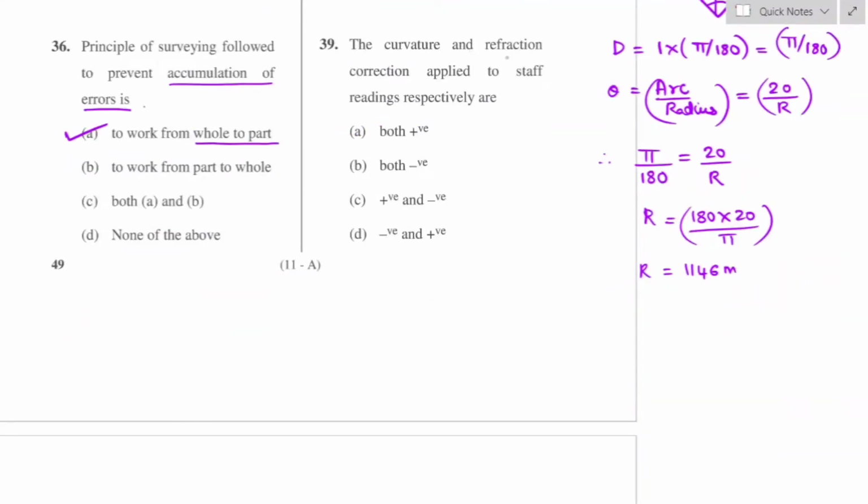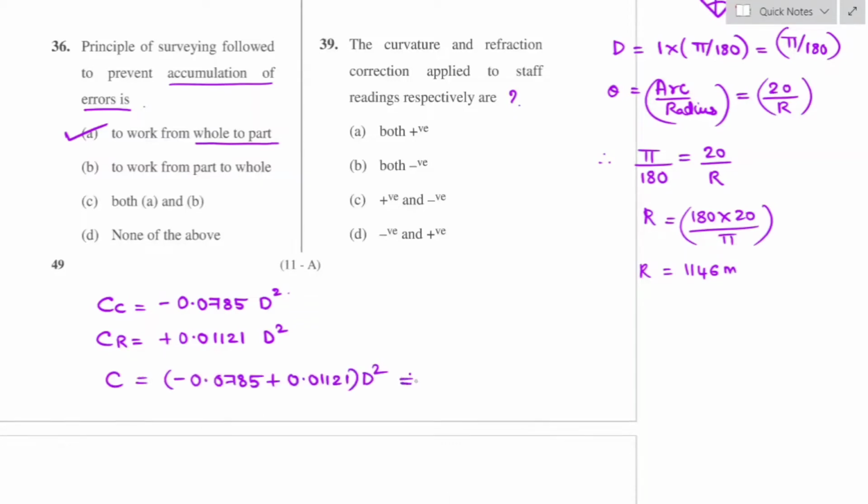Question number 39. The curvature and refraction corrections applied to the staff readings respectively are. The curvature always increases the staff reading, hence its correction is always negative. So the curvature correction is given by the formula minus 0.0785 d square, where d is the horizontal distance measured between the points in kilometers. And the rays of light when passing through the atmosphere bend down and follow a curved path. Hence the refraction correction is always positive, which is given by the formula 0.01121 d square. So the combined correction is equal to minus